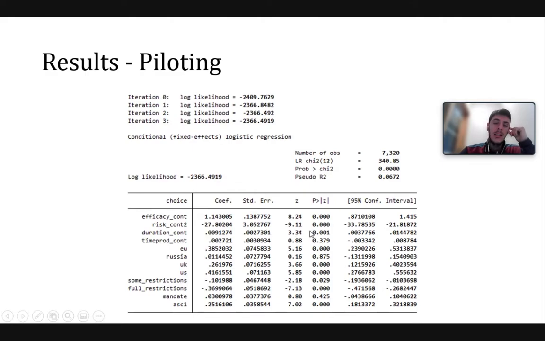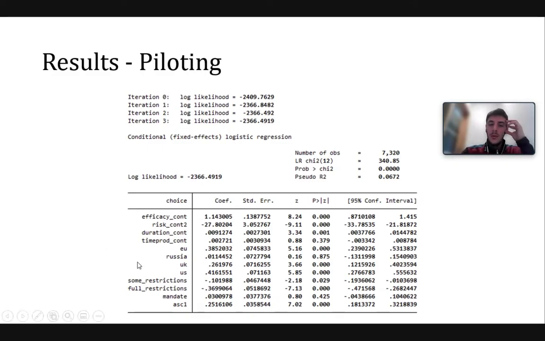The duration, again, is statistically significant at the 99% confidence level, but it has a tiny impact. Again, I'm not going too much into the magnitude here because it's a pilot. Interestingly, the time spent in research and development is not significant, and this is somehow against what Mazzusa was saying before, right? So in aggregate, you can see from the pilot that how much time has been spent in research and development is not so important for the respondents in this sample, okay?